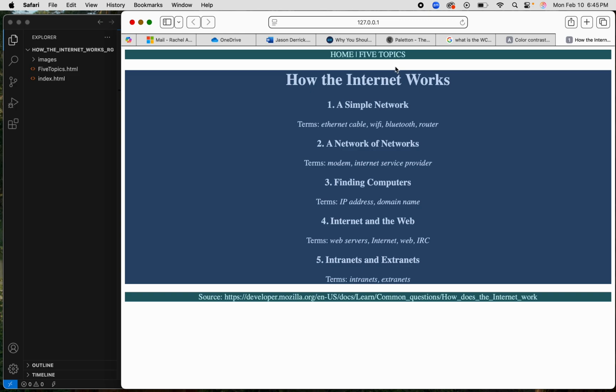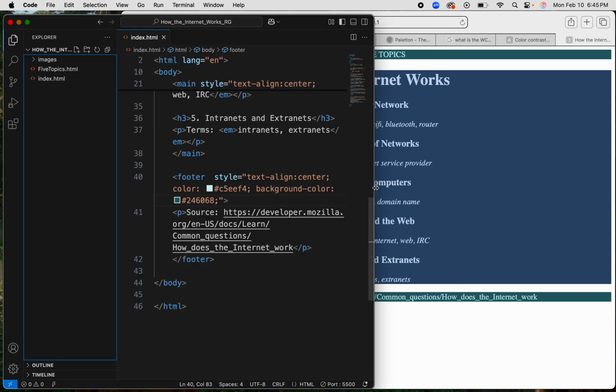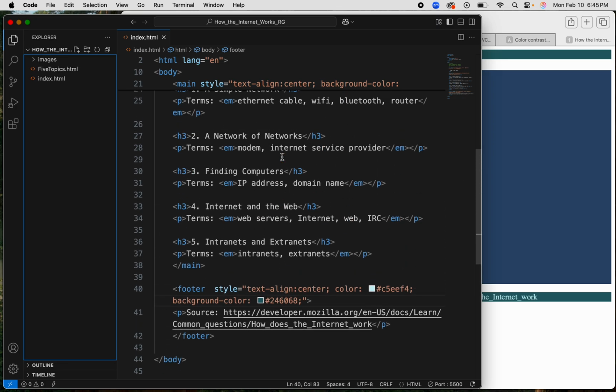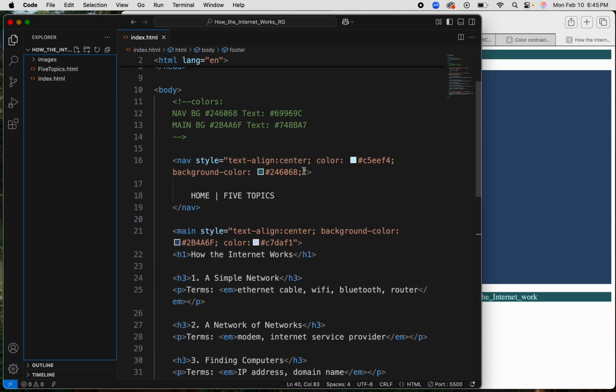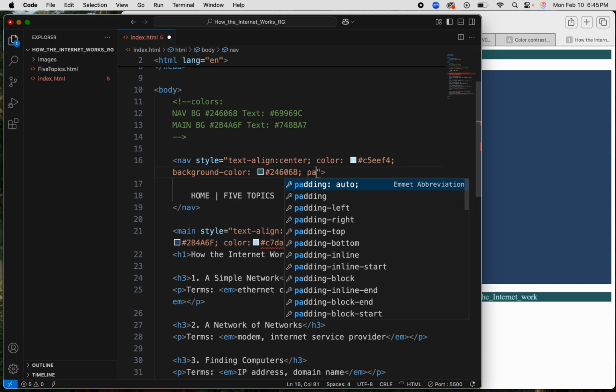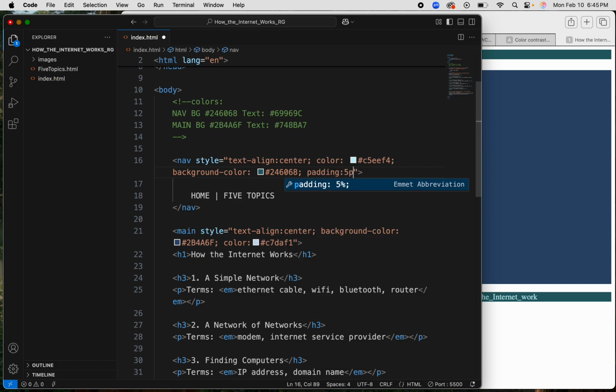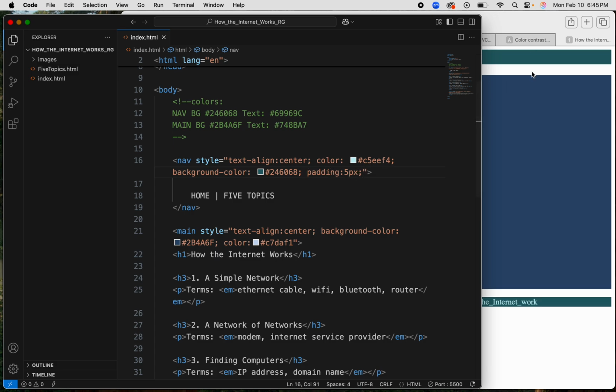it's about 10 pixels. I could be wrong, but something like that, which tells me if I made this bar 5 pixels taller and lower, same with this one, 5 pixels taller and lower, and this one, then that gap might close. So the way you make a box larger or smaller is by adding some padding. So we'll add that to the nav, padding 5px, semicolon, save. You can see that took a little bit of the gap, but I'll add that same padding,